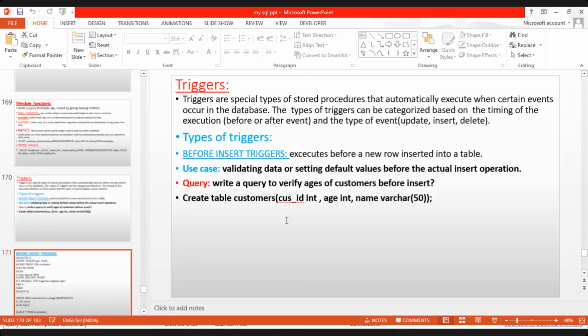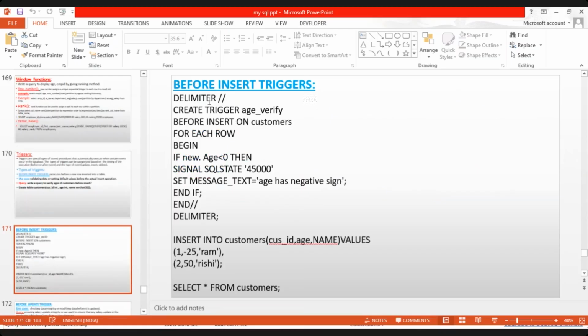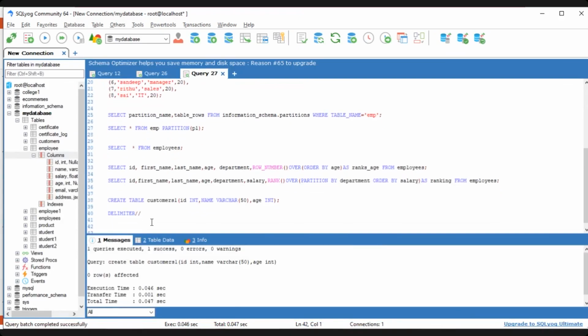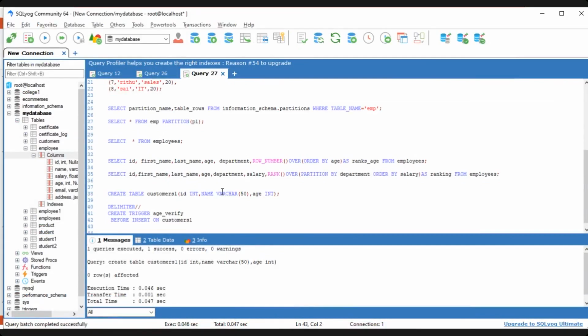So here I am creating the trigger. So see that. Just give the delimiter. When we are writing multiple lines of statements, we have to use the delimiter, so it will execute the set of statements without errors. Create trigger. So here I'm performing the action age verification. I'm giving the trigger name age verify. Action name is before insert. On our table name, I'm verifying the values from the customers one table. So here I'm giving customers one. For each row,